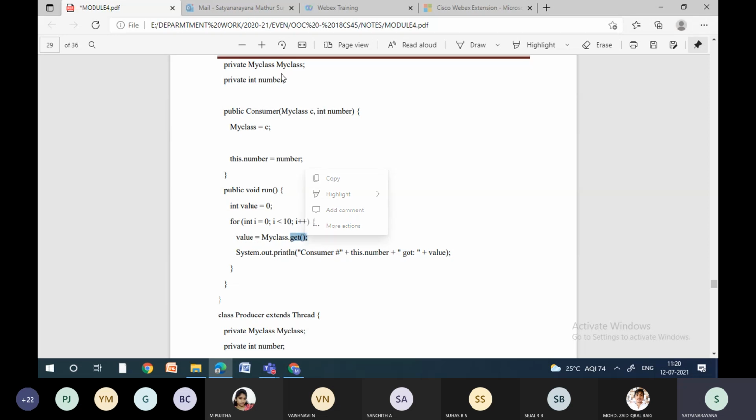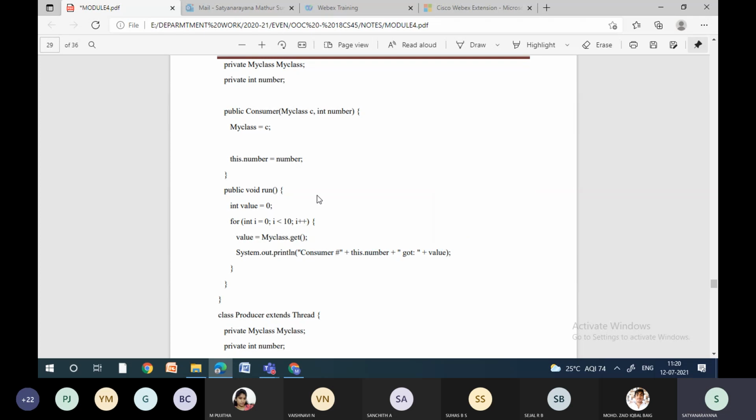So that's why I am calling the myClass.get method, which is assigned to a variable called value. But initially, what is the value? The initial value is 1. So the moment we get that value, it is going to consume the item and it is going to repeat the task. How many elements are there in the buffer? That many times it is going to consume the data. So that is what it is going to do.